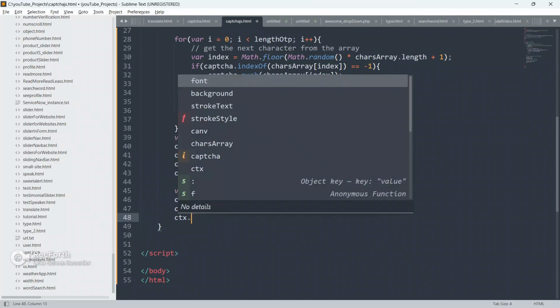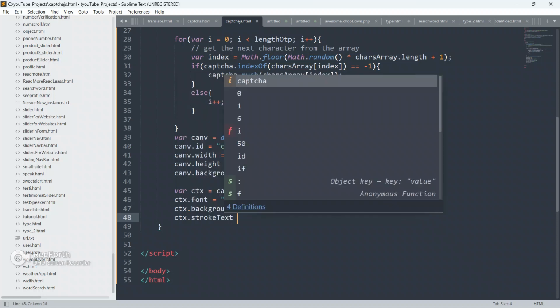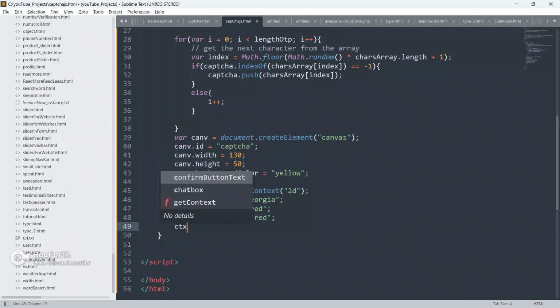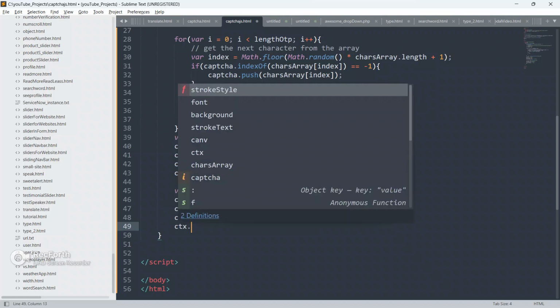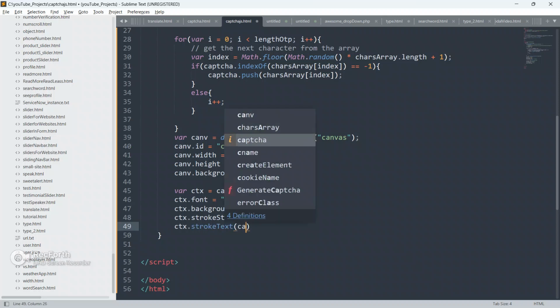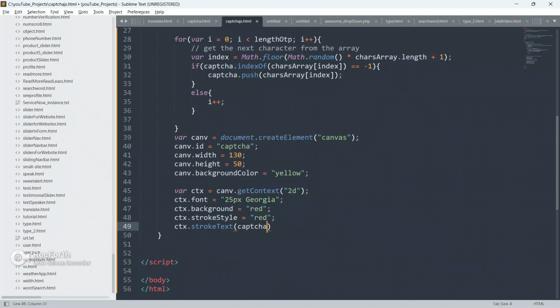So go background color red and give ctx dot stroke text equal to stroke style equal to red, and ctx dot stroke text, give it equal to captcha.